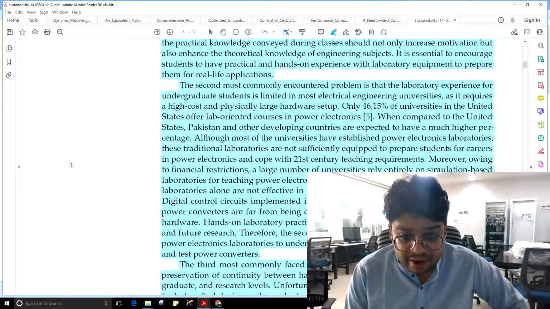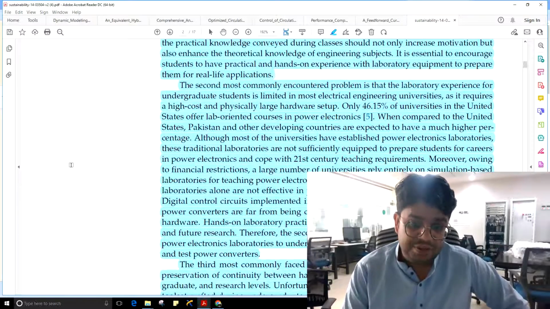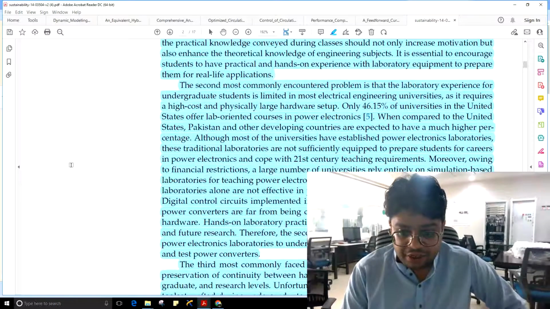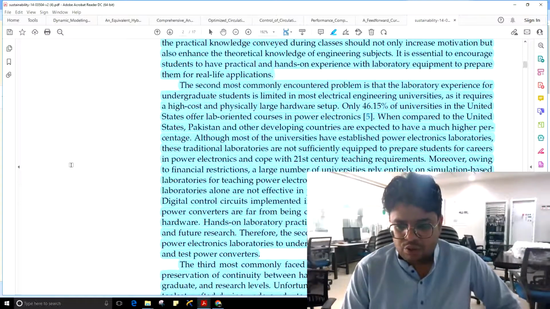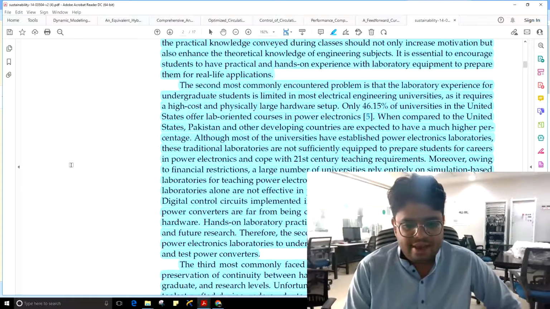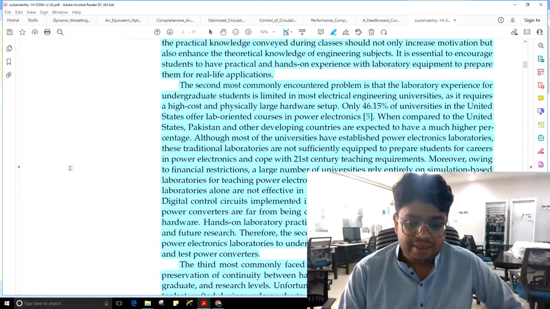So hands-on laboratory practice can prepare students for industry applications and future research. Therefore, the second crucial challenge is to provide state-of-the-art power electronics laboratories to undergraduate students where they can design, control, and test power converters. So this is the second challenge. Now the third